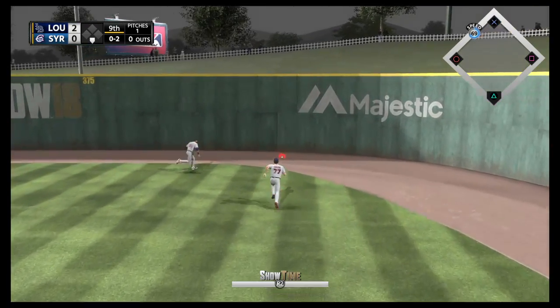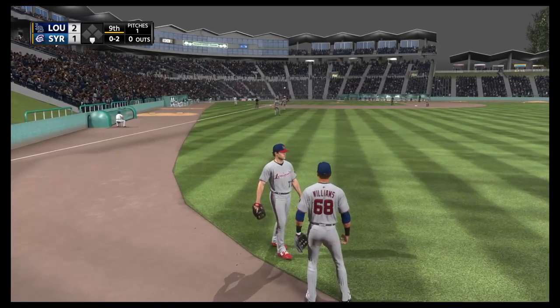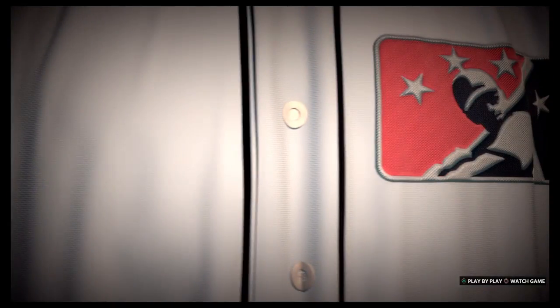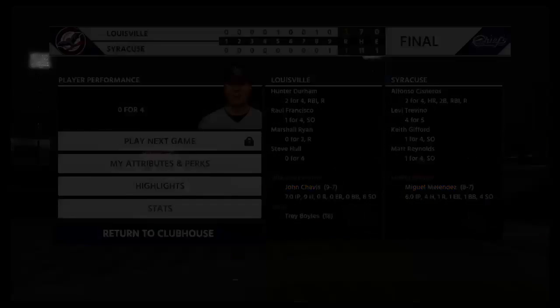He's around second now as they're still searching for it. Takes the turn at third. He wants it all. Safe at the plate. And the deficit is down to only 1 now. Boy, the home fans are loving it. Pitching and defense game, 2-1 the final score this afternoon. Louisville used a nice